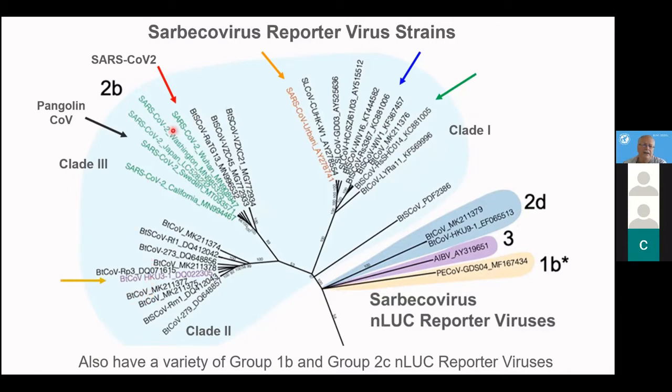And then we have Clade 3, which includes SARS coronavirus 2. We have resurrected the pangolin virus as well, and we have nanoluc viruses, nanoluciferase expressing viruses, of all of these strains, as well as a variety of group 1b and group 2c nanoluc reporter viruses. And so we wanted to use these to look at the effect of maximal antigenic variation on neutralization using both